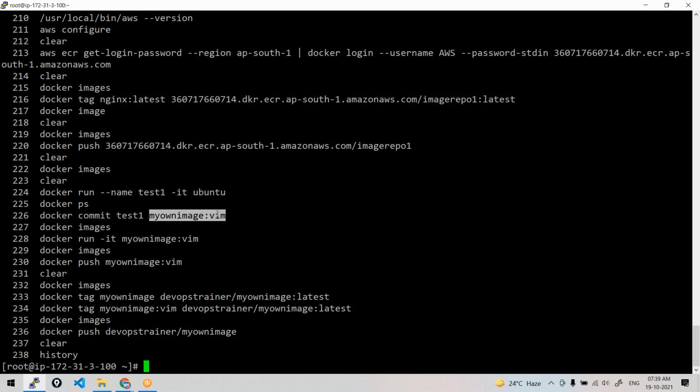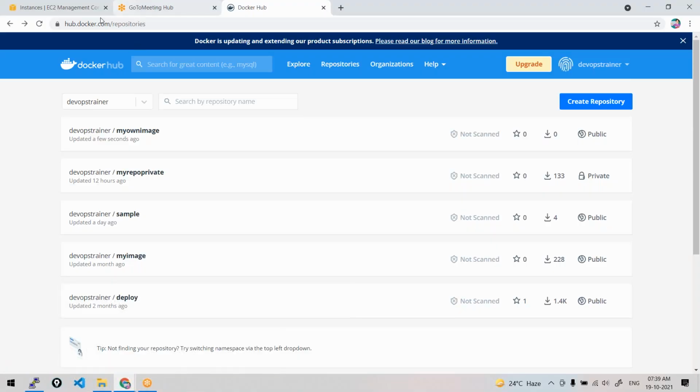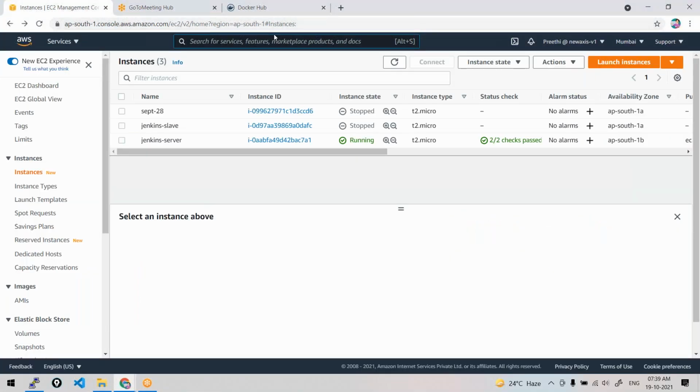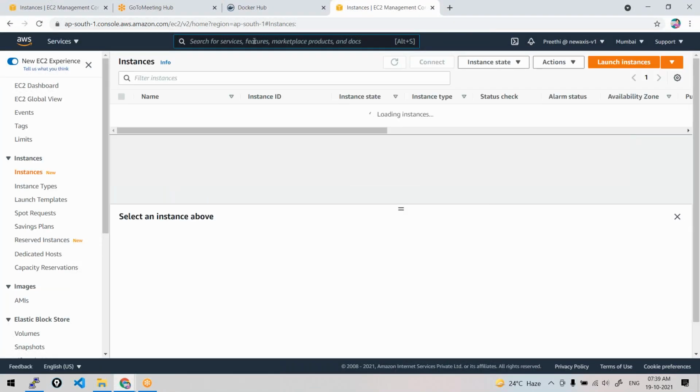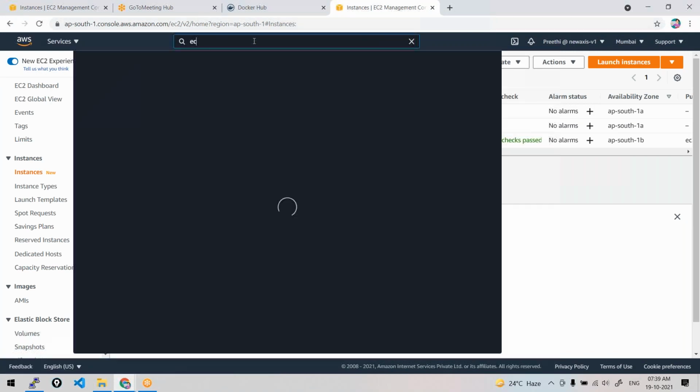So now if I want to push to the ECR registry, how to do that? Again, tag it accordingly, like ECR.